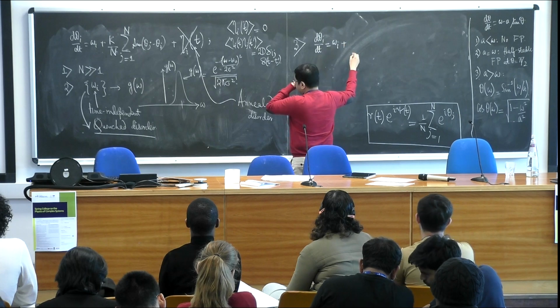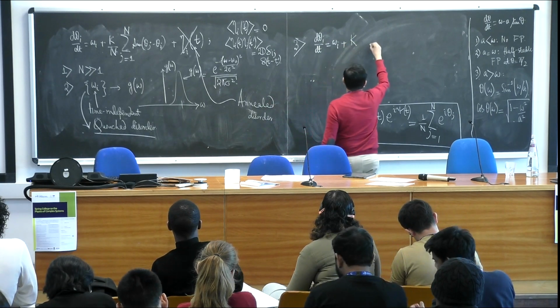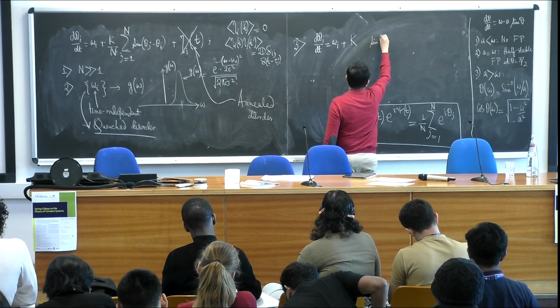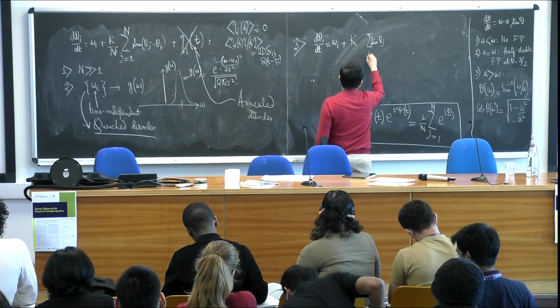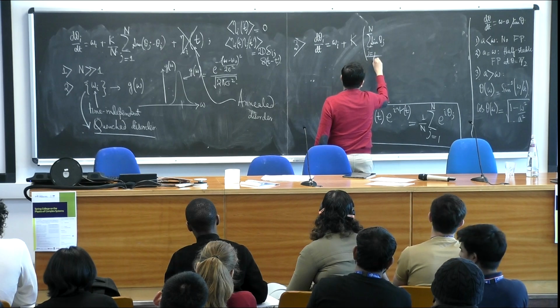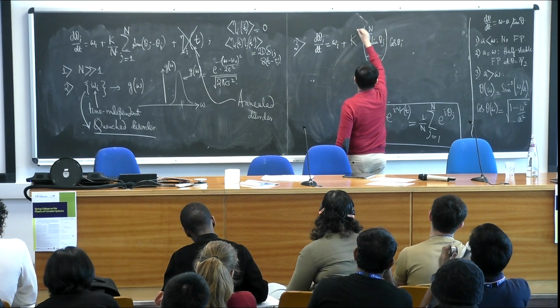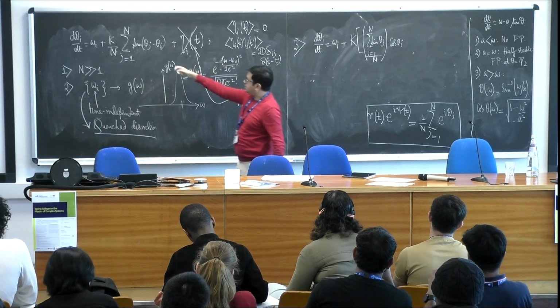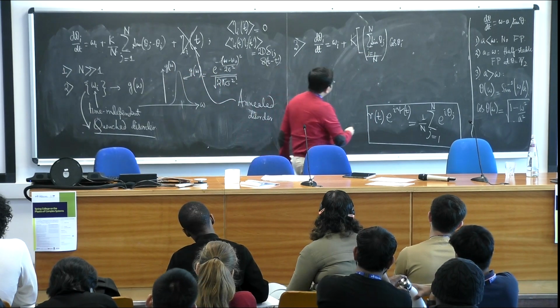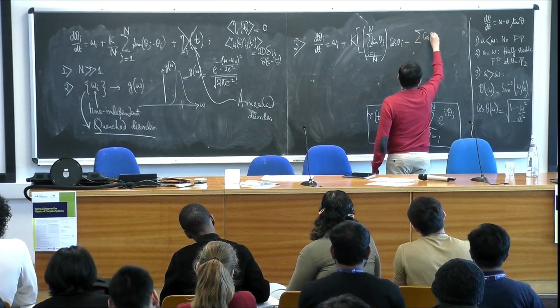If I write it out fully, then what I get is K times the summation over j equal to 1 to N of sine theta j, divided by N, times cosine theta i. I am just expanding out the interaction term here: sine theta j cosine theta i minus cosine theta j